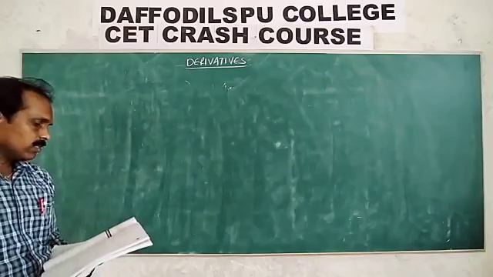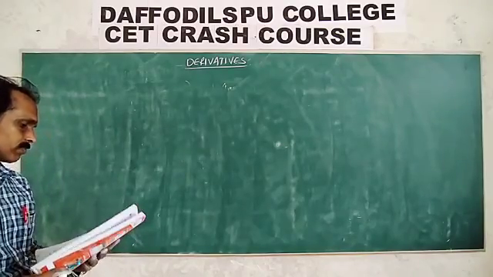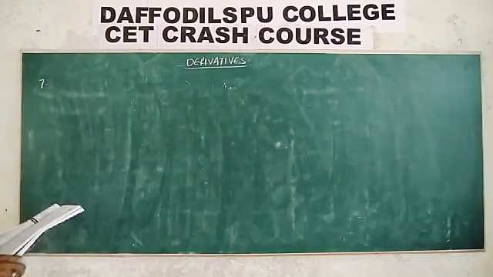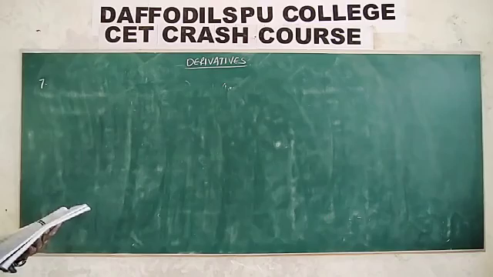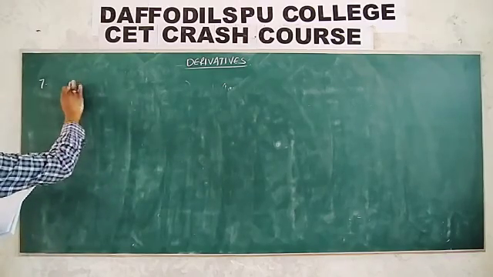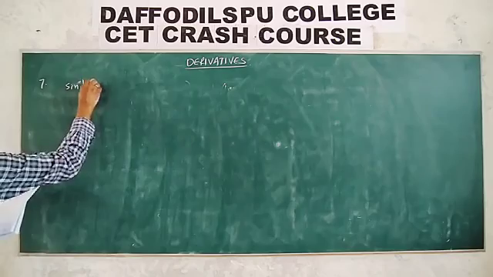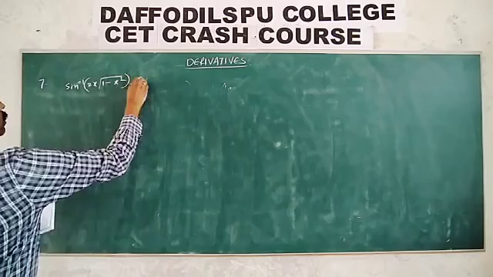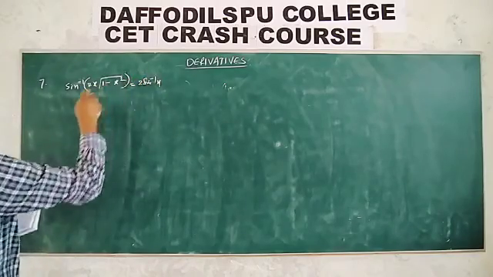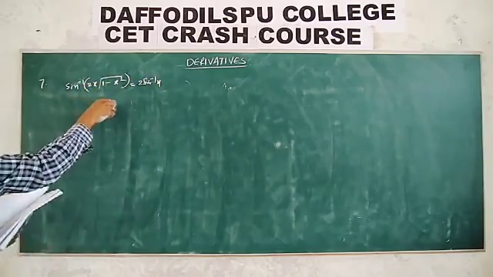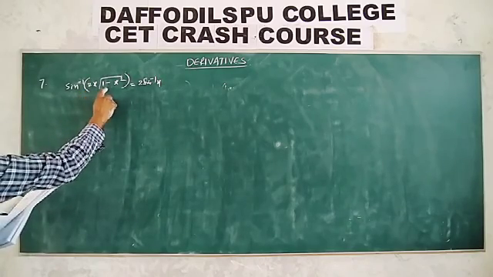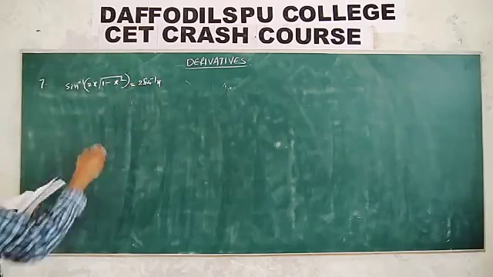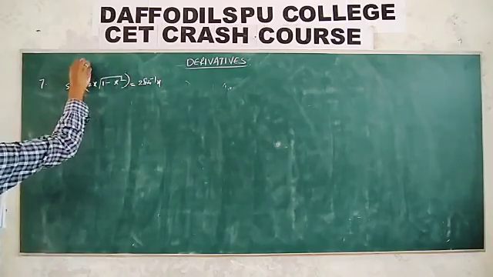Next, seventh, the derivative of sin inverse of 2x into square root of 1 minus x square, that is a textbook example problem. That value is equal to sin inverse of 2x square root of 1 minus x square. How to get it? This is 2 sin inverse x. How? Take x equal to sin theta and substitute, we will get the answer. This value is equal to square root of 1 minus sin square theta, cos theta. So sin 2 theta, sin inverse of sin cancels, giving 2 theta. So let x is equal to sin theta.